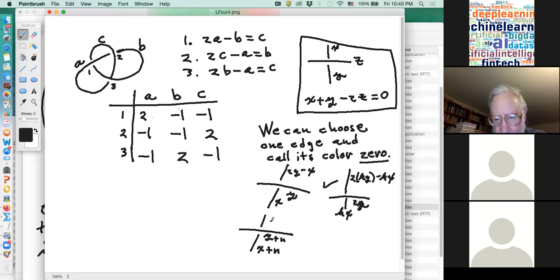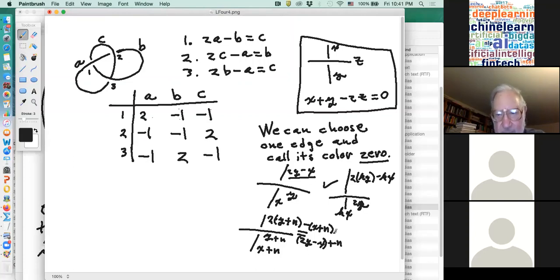I'm sorry, plus n. I mean, I get 2 times, let's look at it, 2 times y plus n minus x plus n. And what do you get when you write that out? You get 2y minus x, okay. 2n minus n is n. So that's cool, right? That says that if it's colored x, y and 2y minus x, then it is also colored